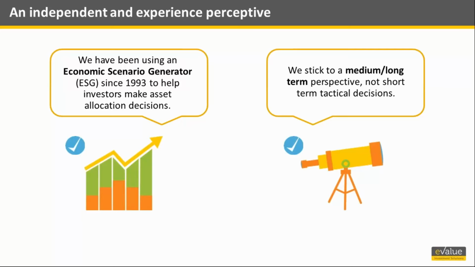But our view is to stick to a medium to long-term view whilst actually taking into account where the market is currently. So, for example, at the present time, we recognise that record low interest rates mean that future income returns will be meagre, at best possibly, but a return to high interest rates has the potential to create havoc and substantial losses. But we've also got to consider the fact that actually interest rates may not have reached their bottom, that potential negative interest rates in the UK and weak productivity growth may mean that rates could stay low or in fact even go negative, and that bond investments may not be such a bad thing after all.